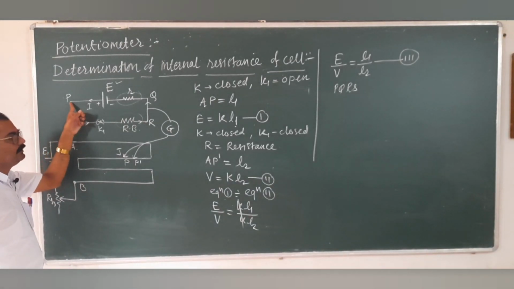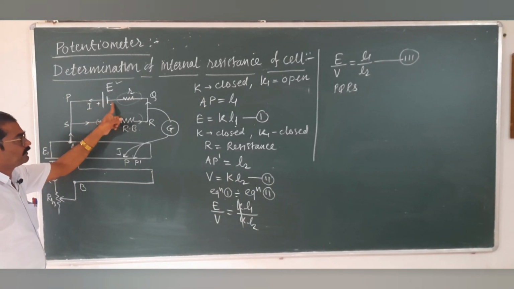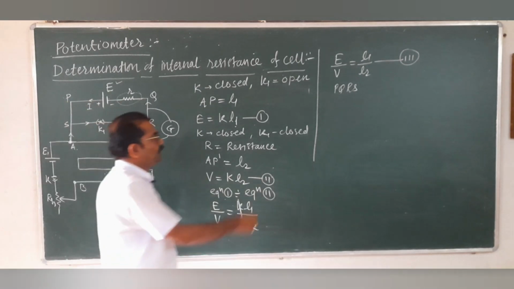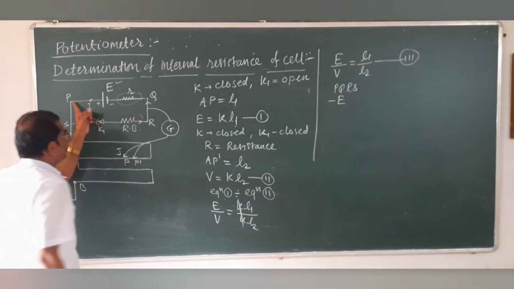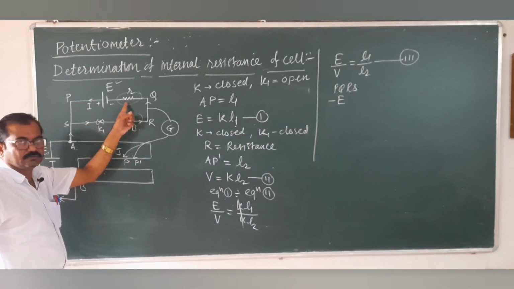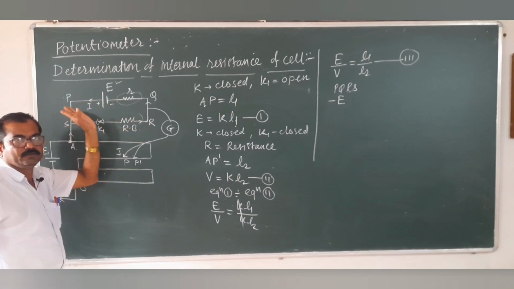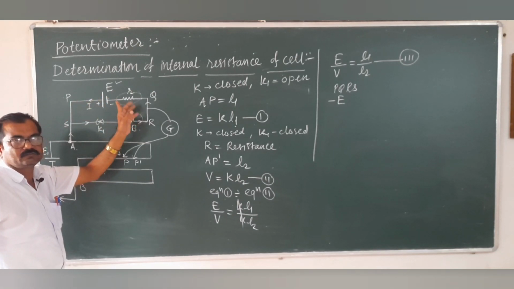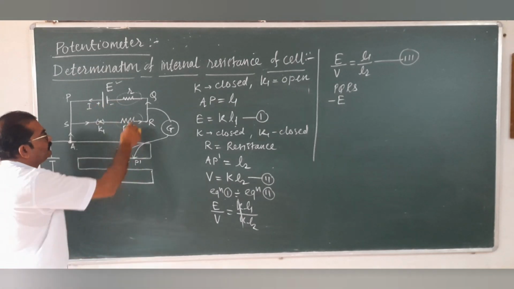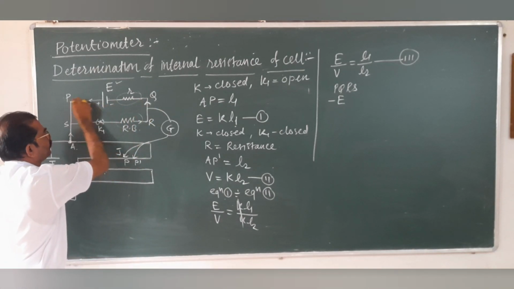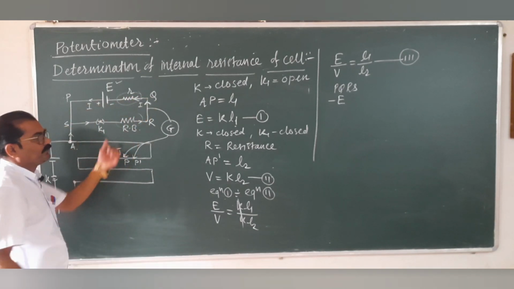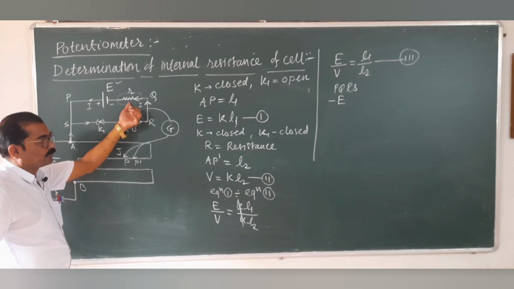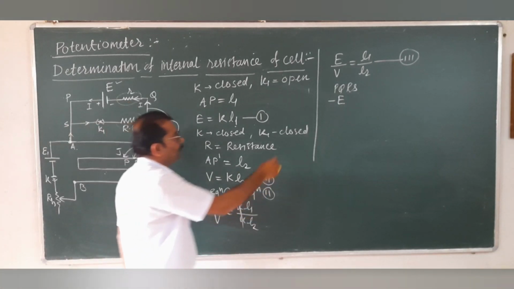If we move from the positive to the negative terminal of the cell in the direction of the traced loop, then the EMF of the cell becomes negative, means minus E. If the direction of current and traced loop is the same, then the product of current and resistance will be taken negative, otherwise positive. Here this current I: we are moving from P to Q, but this current I is moving from Q to P, means in the opposite direction, therefore what will the product be? Positive. Means here plus